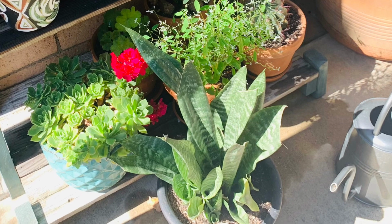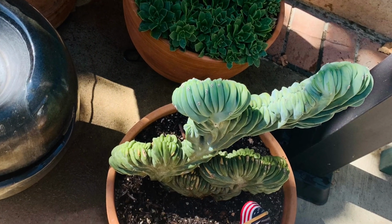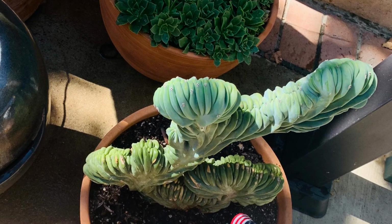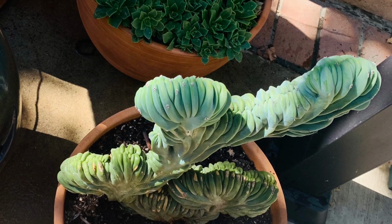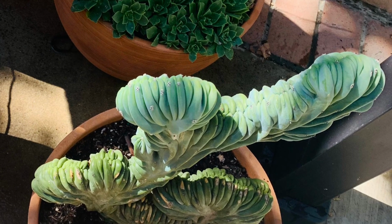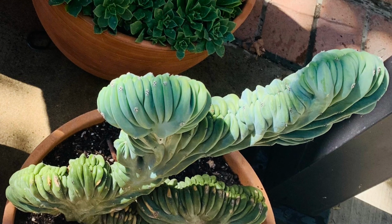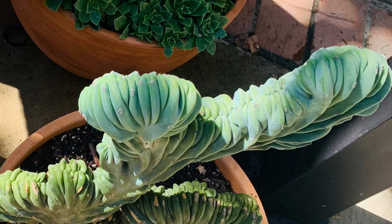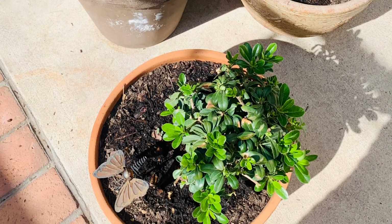As you can see, all these pots are doing great. This plant here is in the shade, the little Aeonium in the back. And this other one, this Mertillo, is doing great now here. It is in a pot. It's been in the ground. And see, it's been growing a lot this year, and I've had it for several years already, and it was stunted. It wasn't growing, so I finally found a spot where it likes